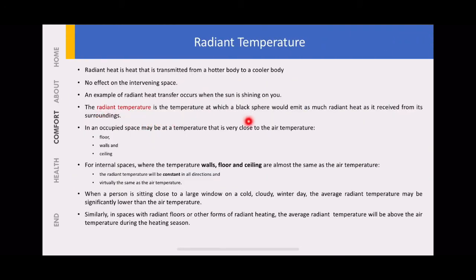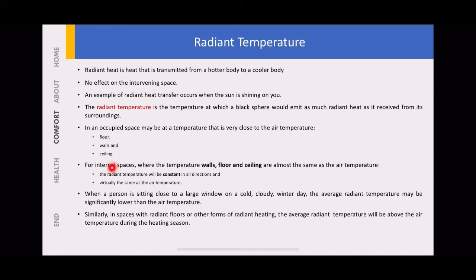The radiant temperature is the temperature at which a black sphere would emit as much radiant heat as it receives from its surroundings. So this is just an imaginative or mind experiment. Like if you have a black sphere, of course a black sphere will absorb most heat because it is black. It absorbs heat or radiation, right? An occupied space may be at a temperature that is very close to the air temperature of the floor, walls, and ceiling,